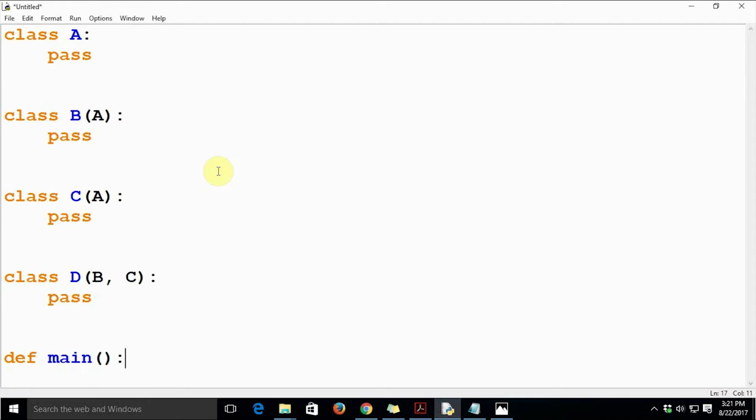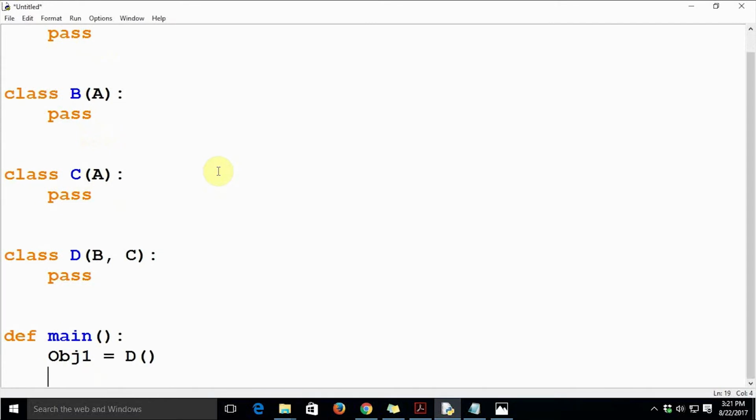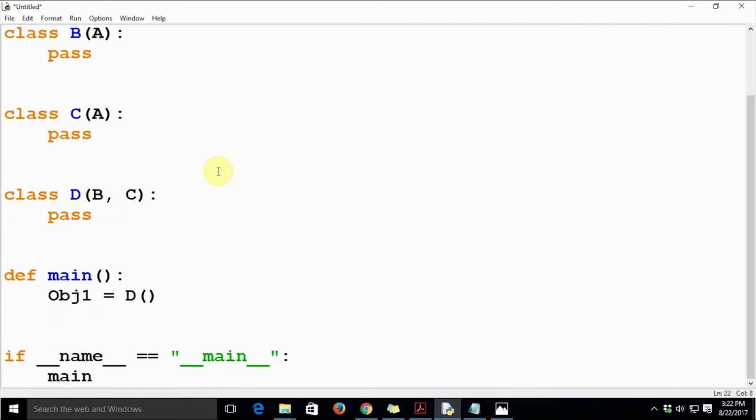Let's define a main function. In the main function, we are just going to create an object of class D, let's say obj1 equal to D. And finally, we are going to have an if block: if __name__ equal to "__main__", then call the main function.